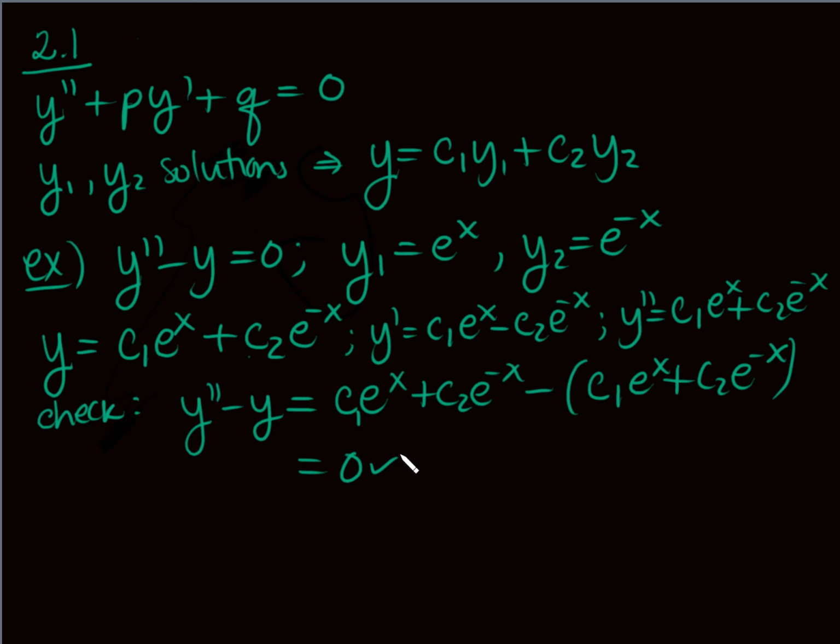So we've shown that for some constants c1 and c2, this form is also a solution. And you can see this gives us a lot of different forms, because I can change c1, I can change c2, and then add those together. The interesting thing with the second order, and this kind of makes sense, is if I want to find a particular solution where I know what c1 is and what c2 is, then I would have to have